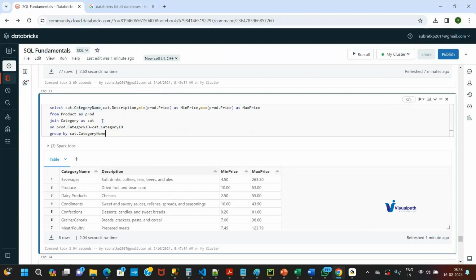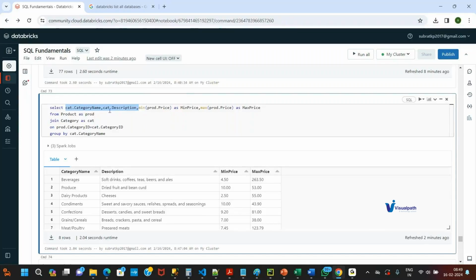So here, I'm telling that I need grouping of the data based on category name. That's what we are instructing. But when we are expecting mean and max price, we are expecting it for both category name and description. So that's a conflict, right? You are asking the engine to group based on category, but in the result you want the output based on category and description. So whenever you mention these columns in your select clause and these columns do not have a function on top of them, like mean, max, count and so on,